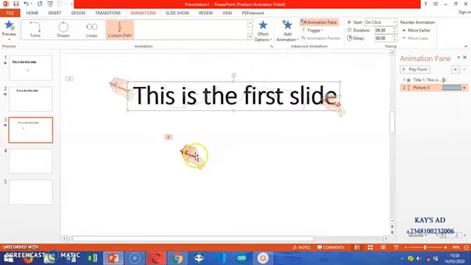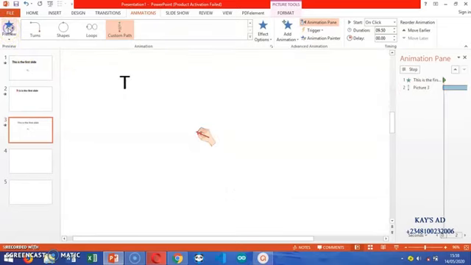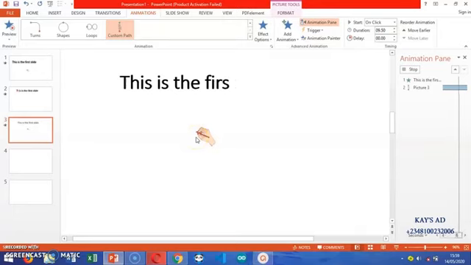So now we have to adjust this hand to make it start with the text. Okay, now at least the hand is on the text and it is going smoothly with the alphabet.